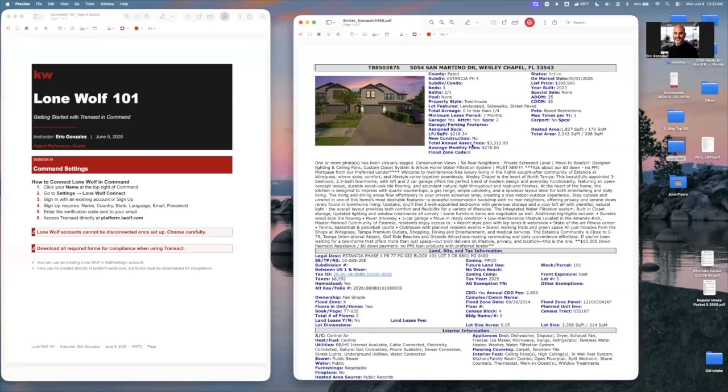So you can import listing information straight from MLS into the transaction to help you complete offers and complete listing agreements and things like that. So this is just the listing that I'm going to be using. If you wanted to follow along, it's not a requirement, of course. And then you also have